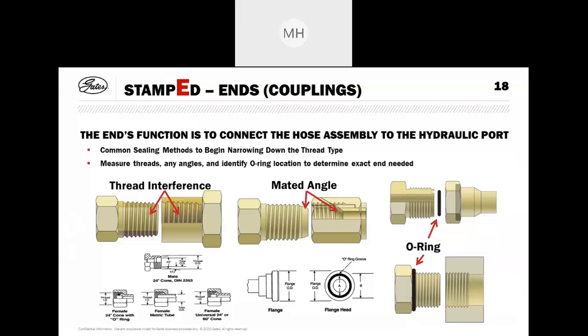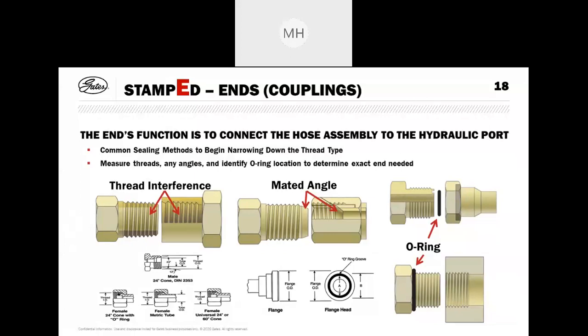So the common sealing methods typically narrow down into a few, itemised down below. Right, so thread interface. We'll start on the top left-hand image: generally speaking, a taper style of arrangement. NPT being a very common one, BSP taper as well as another one, where they're using the thread interface